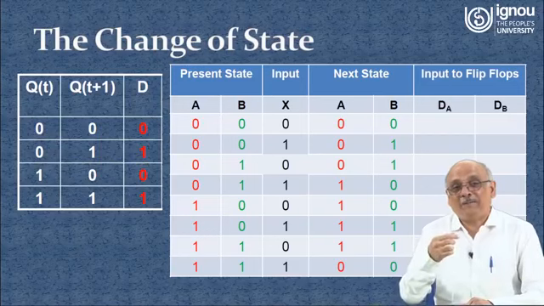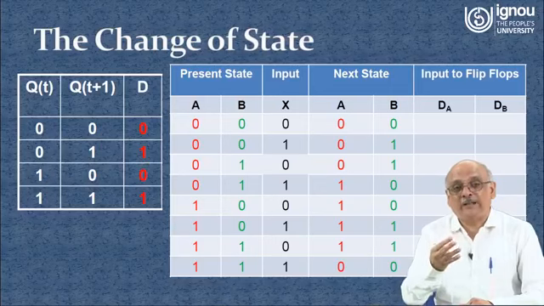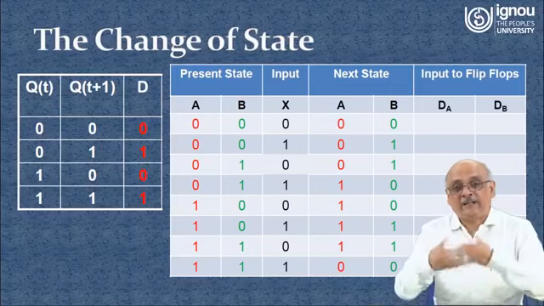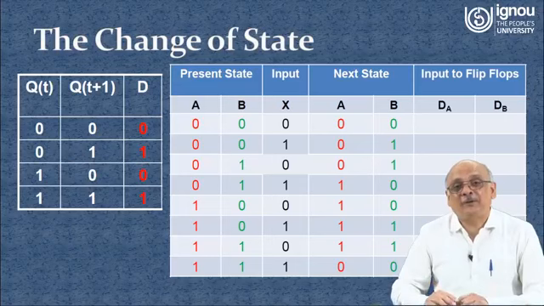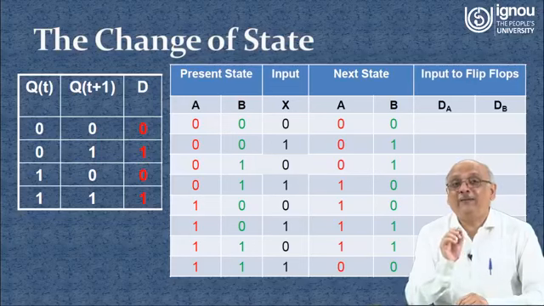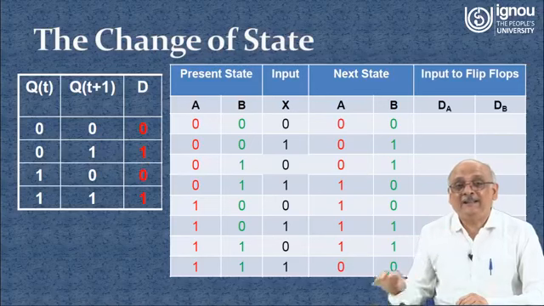So how is the flip-flop going to behave? It is going to count till 3. 0, 1, 2, 3. Then 0, 1, 2, 3. So that is how this particular flip-flop is going to alternate. But that alternation is going to come only when the value of X is 1, right? When X equals 0, then there is no change in state, right?